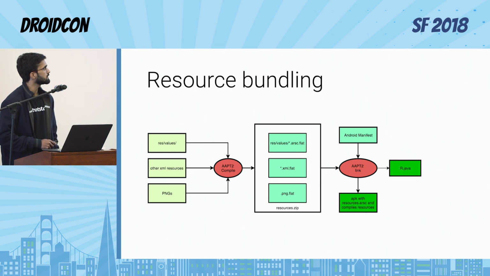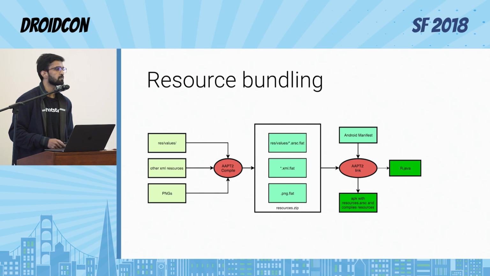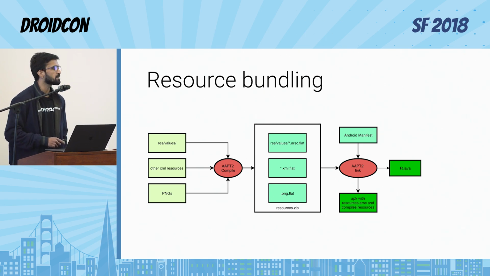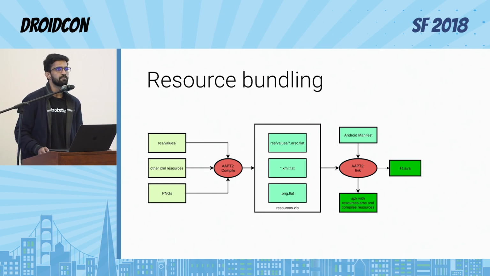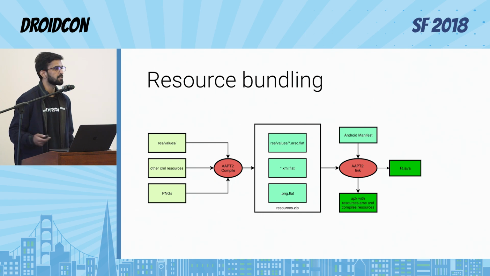And then this resource.zip file is actually taken by AAPT2 for the linking phase, and AAPT2 just links all the resources that are present in this zip and gives us the resources table. This resources table contains all the entries of all the resources that are present in our app. So we'll look into that later on. And it also generates the R.java. We must be familiar with R.java because we use it to access the resources for any of our needs. So yeah, this is the first phase, first step.